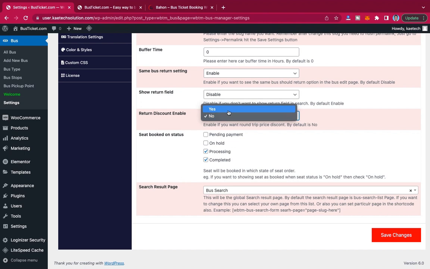You can also enable return discount. If somebody buys in and out, what discount can the person get? And then seat book on status. Okay, so